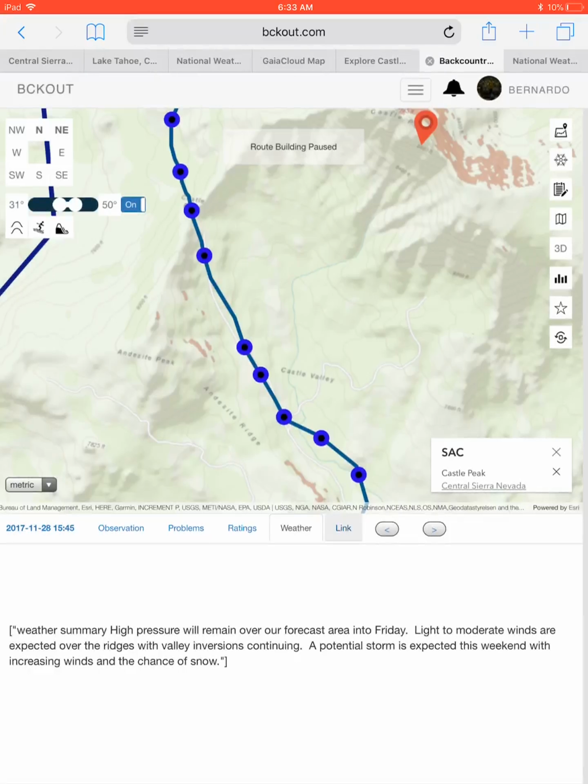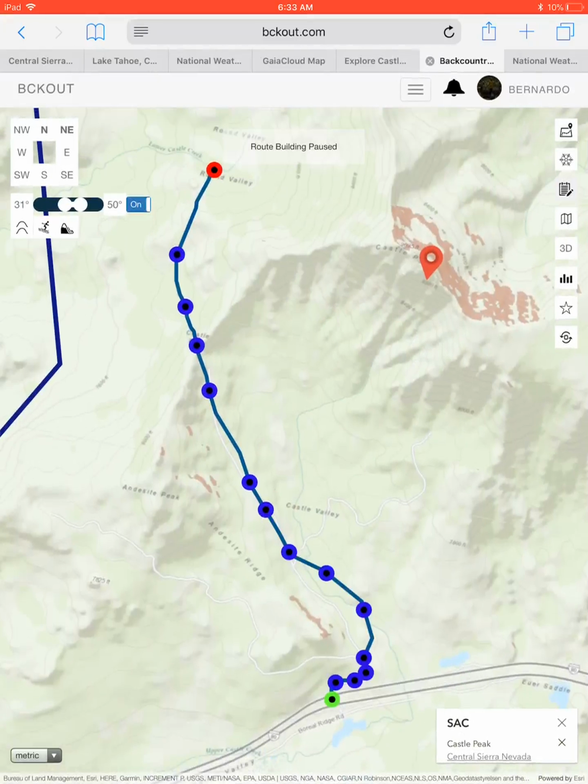Yeah, cool. So that's those few pages. Those are those first three icons. The right hand side one is for the route making. The second one is to see the weather, which contains the actual data and the NOAA discussion. The third one is to see your advisory information. And then the next one,